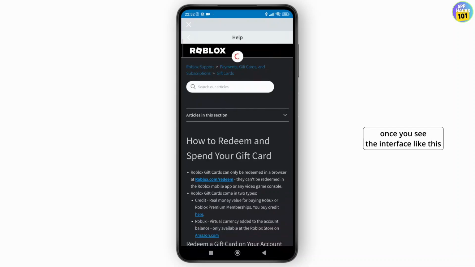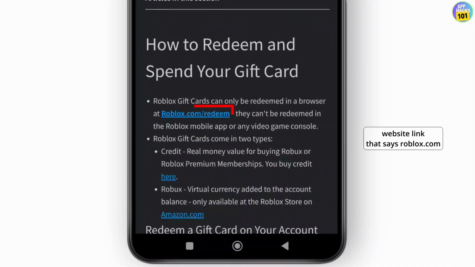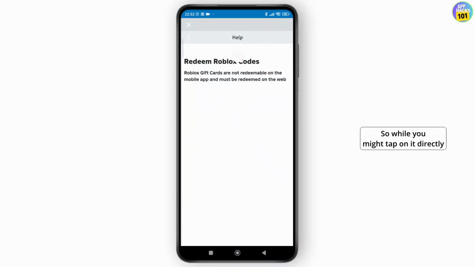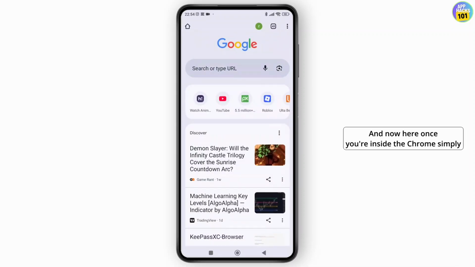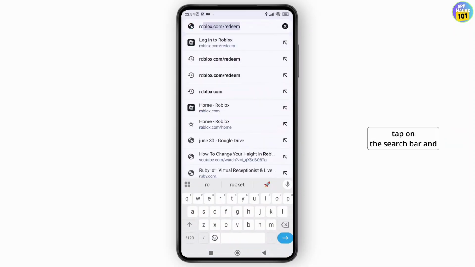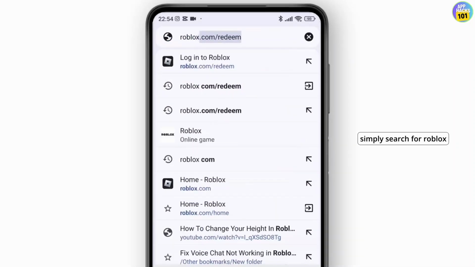And now once you see the interface like this, you can simply tap on the website link that says roblox.com/redeem. While you might tap on it directly, sometimes it won't open in the app. In that case, you can simply go back and open the Chrome app. Once you're inside Chrome, simply tap on the search bar and search for